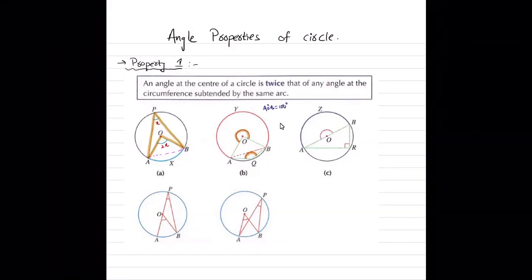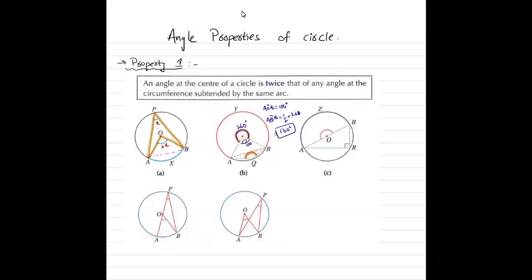So for example, if I give you that angle AOB is 100 degrees and I ask you to find angle AQB, you should do the following. You know this is 100, then the remaining angle is going to be 260 degrees. This is the angle that you are going to consider to be the angle at the center. Now, if the angle at the center is 260, then angle at the circumference is going to be half of that. So AQB is going to be half of 260, that is 130. Understood? Yes.